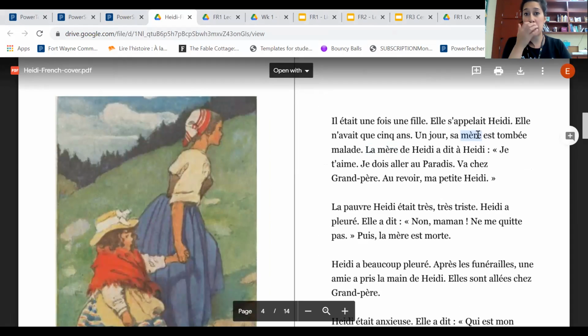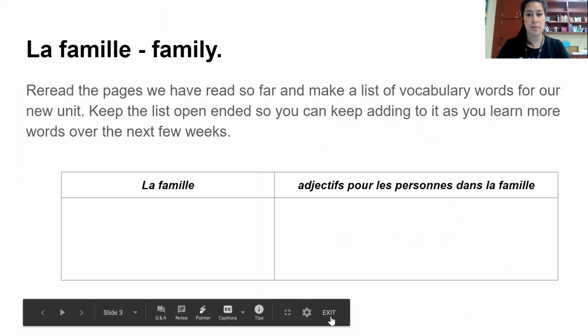So class, what does la mère mean? La mère ou sa mère means mother. Okay, so that is a word that we need, it's a family word. So let's go back to your table.